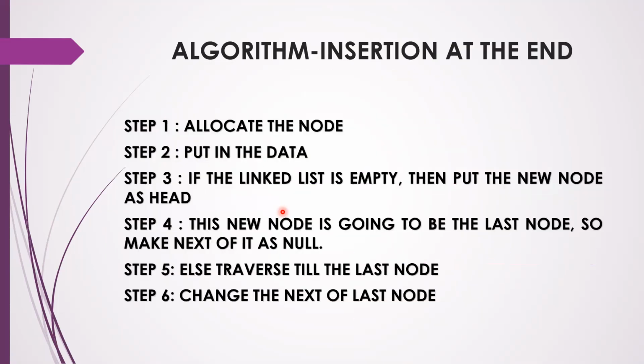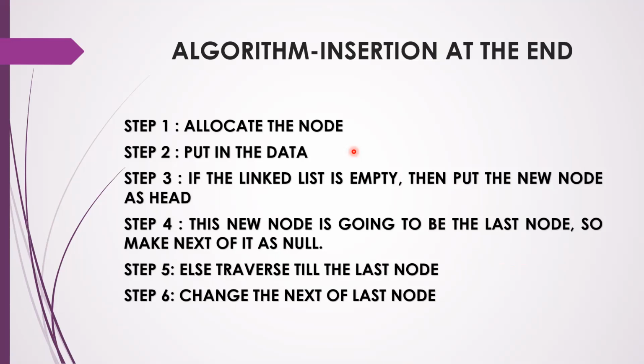And now the program. We saw that first you have to allocate the node using the class node, and then you have to put in the data. Whenever you're going to insert, the first basic condition is to check whether the linked list is empty or it is full or something like that. But the basic thing to be checked is whether the linked list is empty. If it is empty, there is no other procedure. We just have to push the node, that's it, and make it the head node.